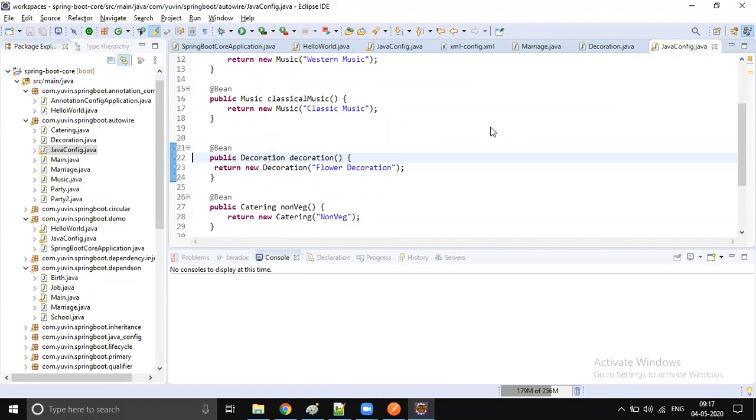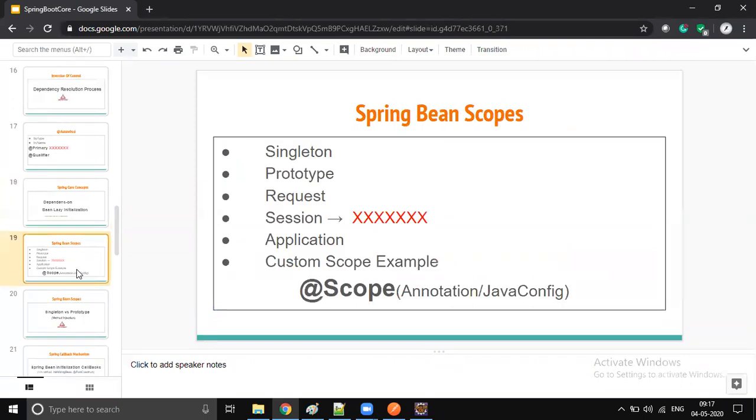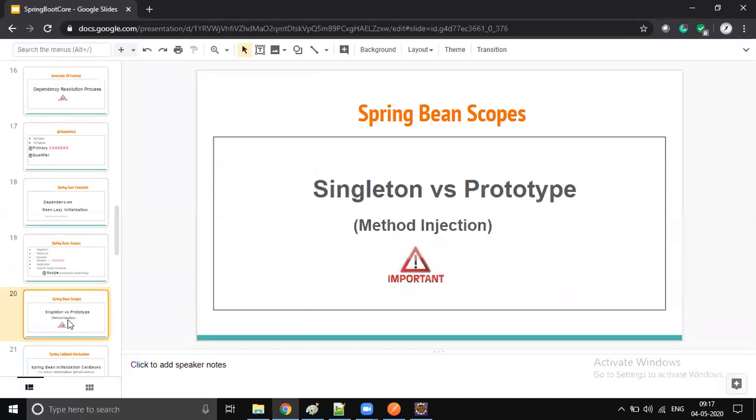Okay, so that is all about lazy initialization. Next we have one more very complicated, most confusing concept in Spring, called scopes, and a concept called method injection. I could say this is the most complicated concept in entire Spring. Understanding this concept itself is like a nightmare, and we have multiple solutions for this problem. The problem is method injection: whenever we are mixing two scopes, something goes wrong. So we can apply multiple solutions.